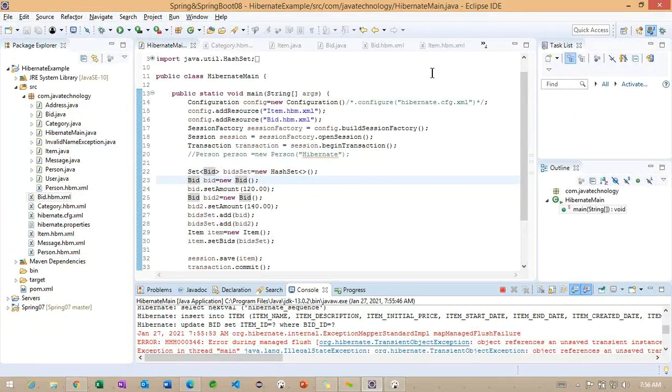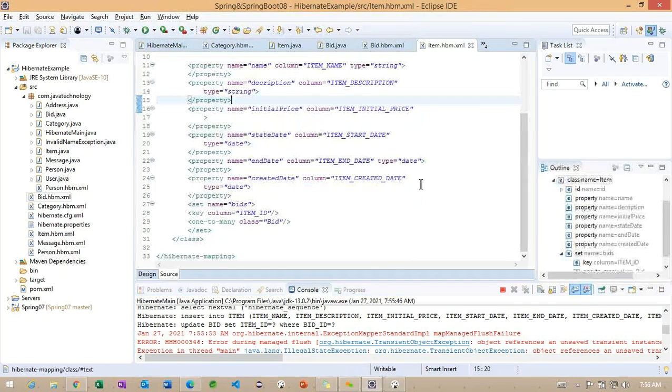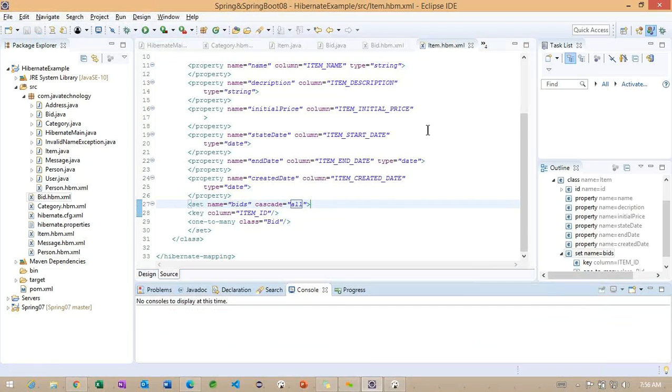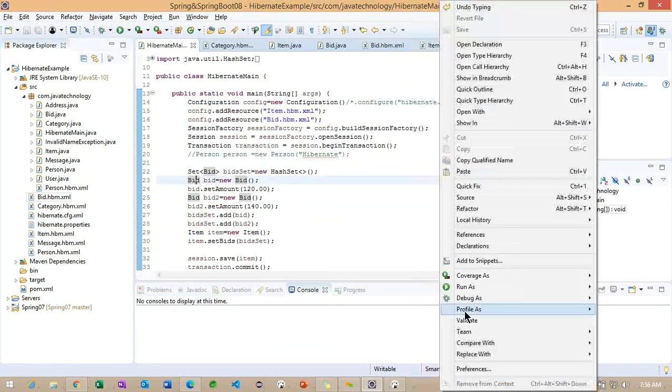Now I missed adding one more thing. Let me go back to item, cascade all. Cascade all.